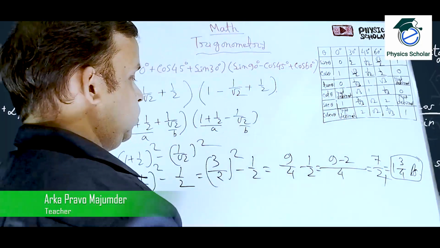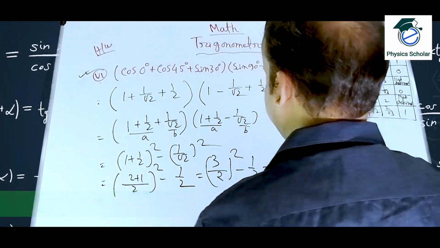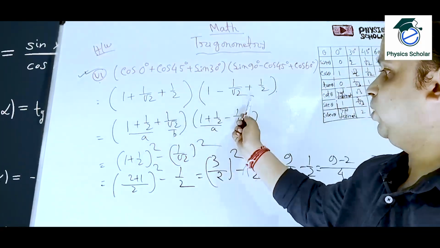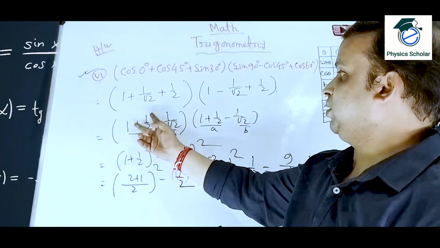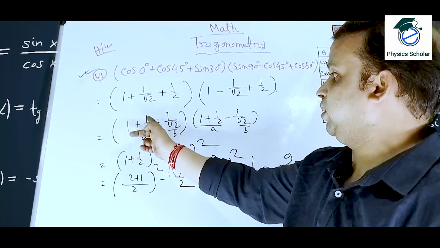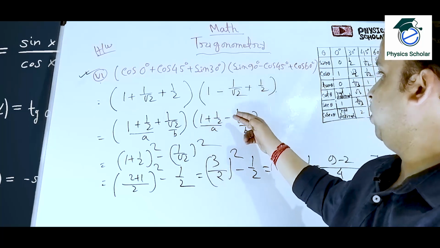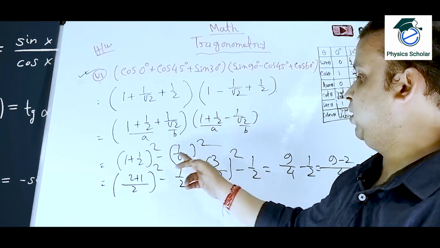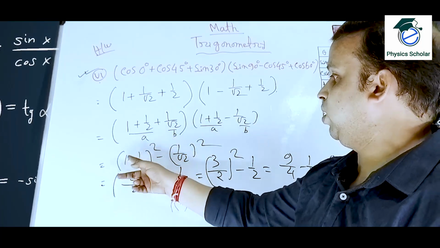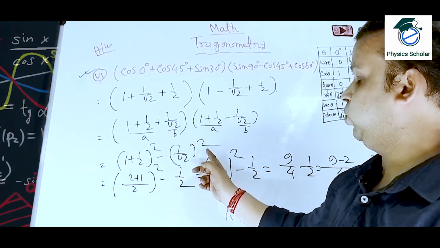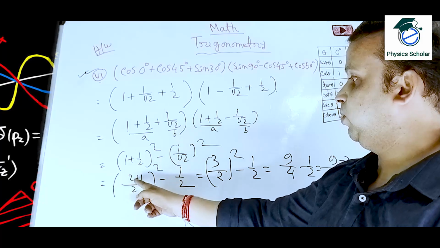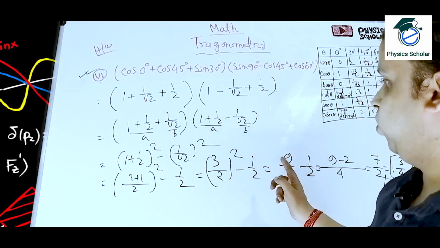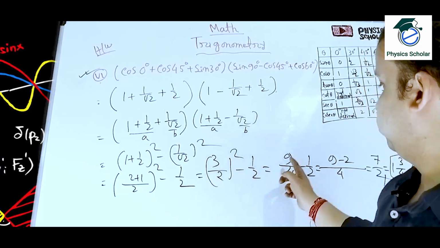So very easy sum. Okay. Hope you have understood this. What I am doing here, you can do the normal calculation also, so the same answer will come. So I am just transferring it here: 1 plus half plus 1 by root 2, 1 plus half minus 1 by root 2. So this part is A and this part is B. So A plus B into A minus B, that means A square minus B square. So what is A? 1 plus half whole square minus 1 by root 2 whole square. So it is LCM, 2 plus 1 by 2, that means 3 by 2, that means 9 by 4. And 1 by root 2 square means half. So 9 by 4 minus half.